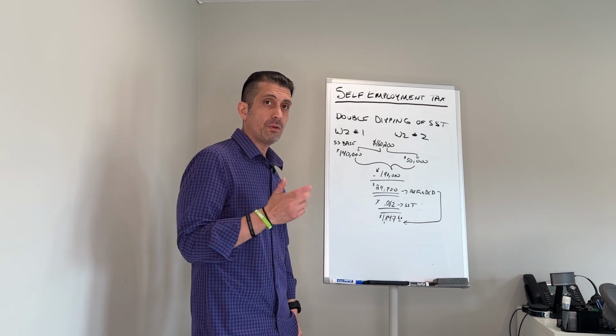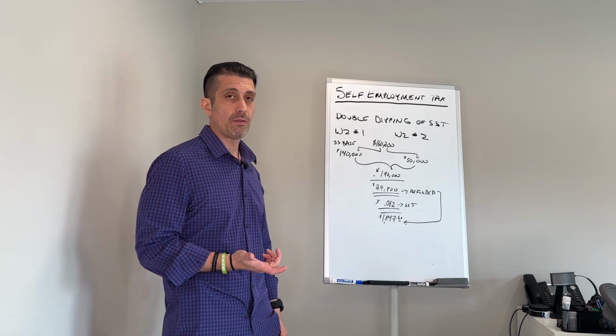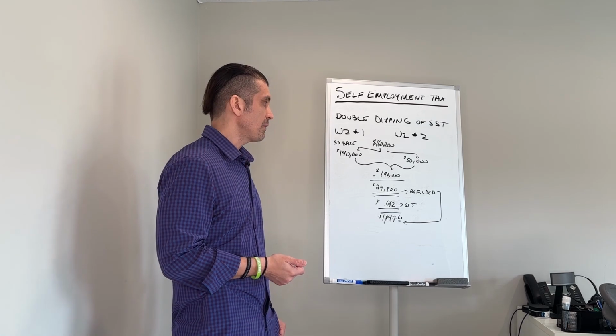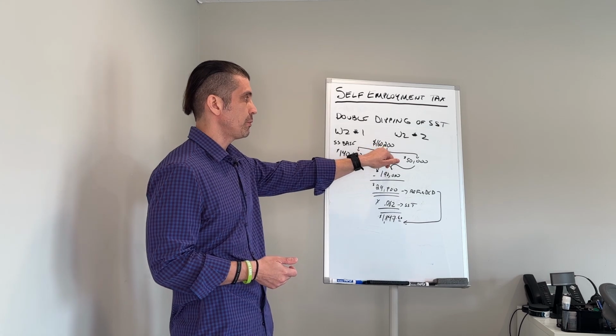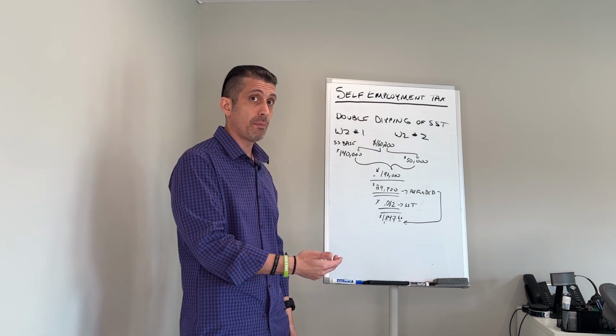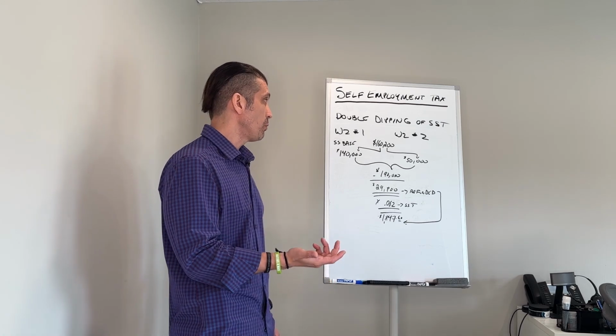Okay, great. Now let's talk about double dipping of the Social Security tax. Well, you say to yourself, what does double dipping of Social Security tax mean? Well, remember when I said that there's a cap of $160,200 in 2023 for how much Social Security taxes can be applied towards your wage base? Well, imagine, if you will,